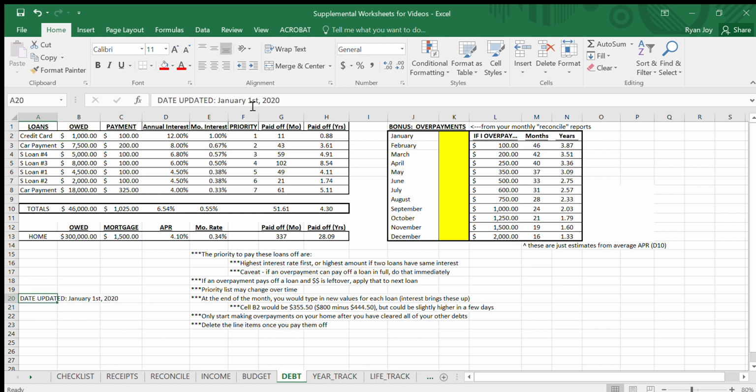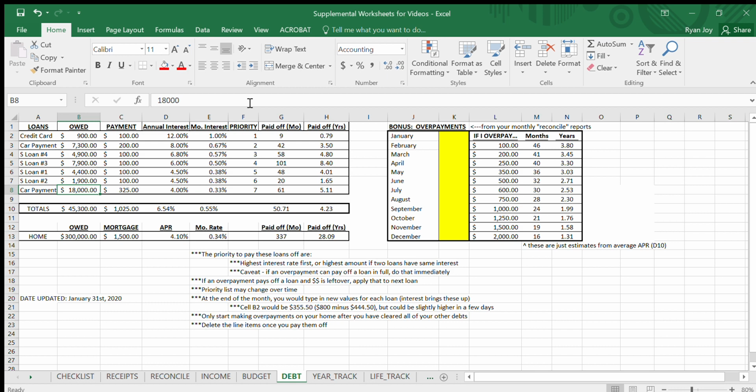Since we're updating this at the end of the month, we would simply type in what you see when you look up the accounts, how much is left owed on each particular loan. So with this one, if they paid $100 in January, they would now owe $900. They paid $200 here. John and Sarah would owe $7,300, and so on and so forth. So $100 off of this, $100 off of this, $100 off of this,